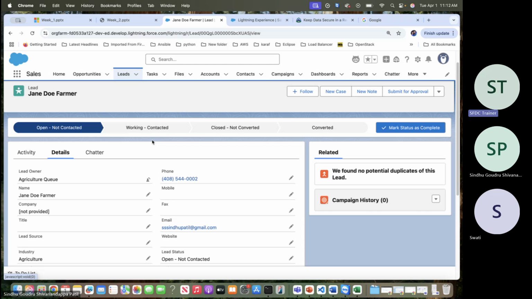So can you generate again, once again? Request delete form. Anybody has any questions? When we don't select agriculture from the drop down, if we select something else, it gets saved, but the owner is not agriculture. Yeah, it will not come in the queue. Okay. Yes. Okay. And then-